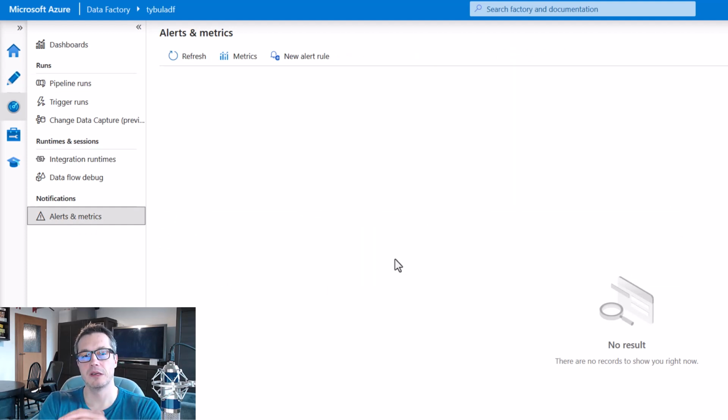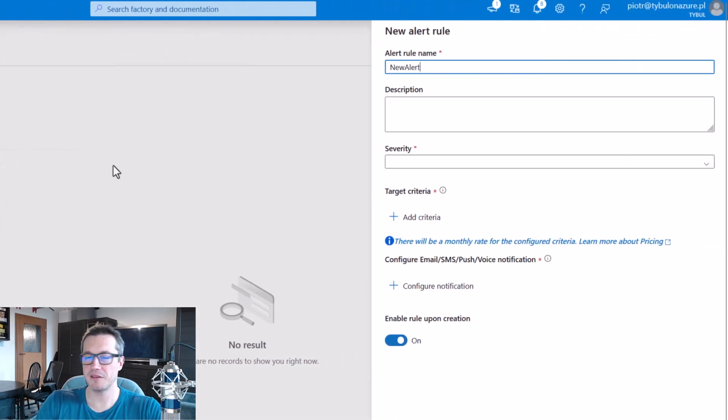So how does it work? Well, many services in Azure generate metrics and logs. And based on those metrics, we can create some alerts. So whenever some condition we defined is met, then we want something to happen. In our case, we'll create a very simple rule of a severity 2, which is